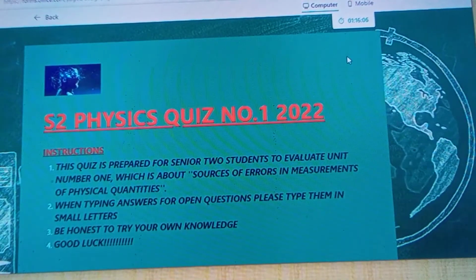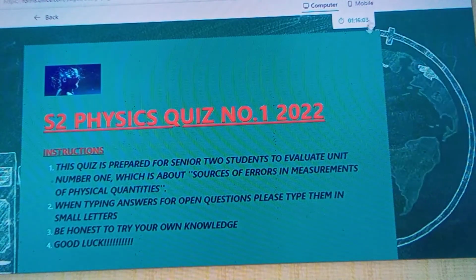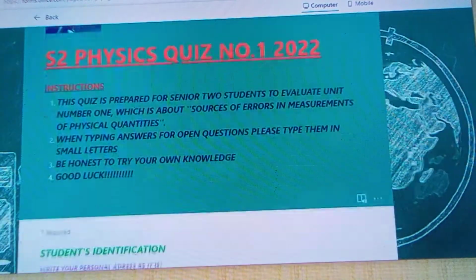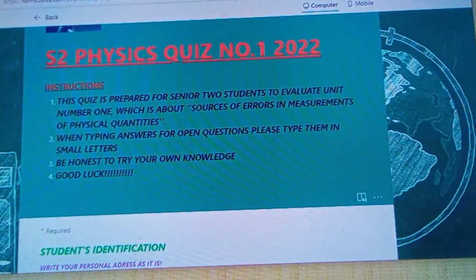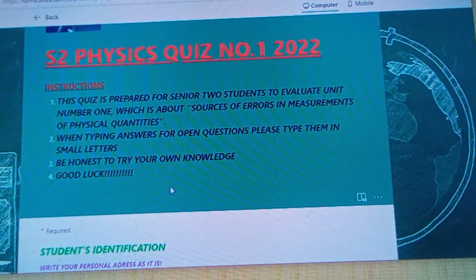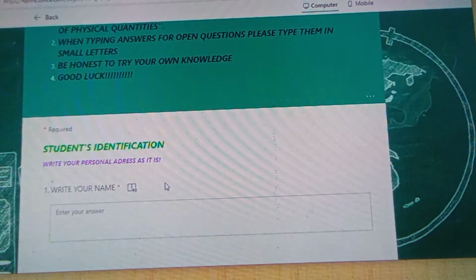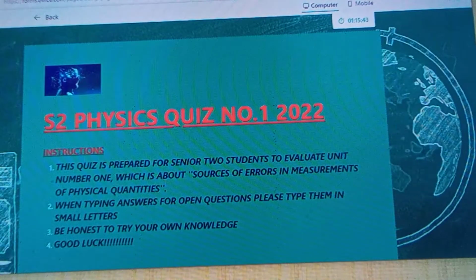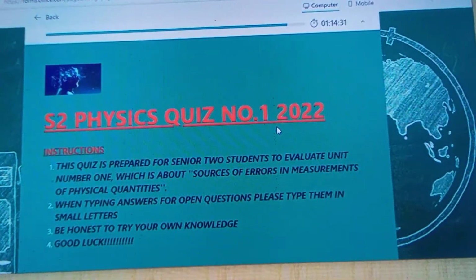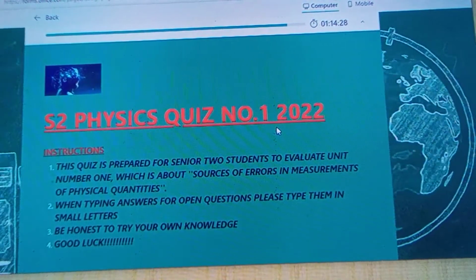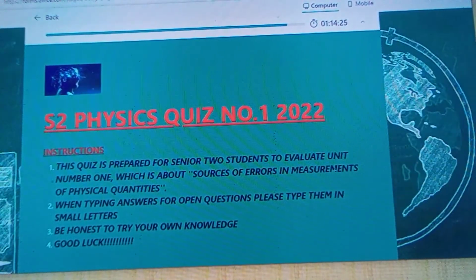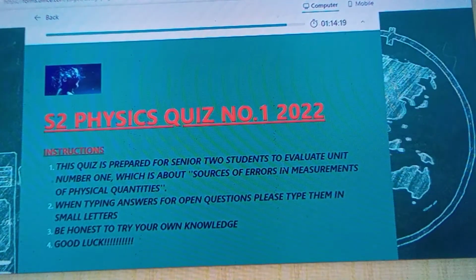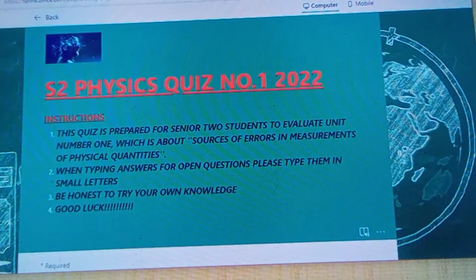When you open the link, now you see the instructions of this quiz. You will need to read all of them carefully to proceed. Okay? Now, after reading instructions, you will click on next to fill the following information. Okay? After clicking next,